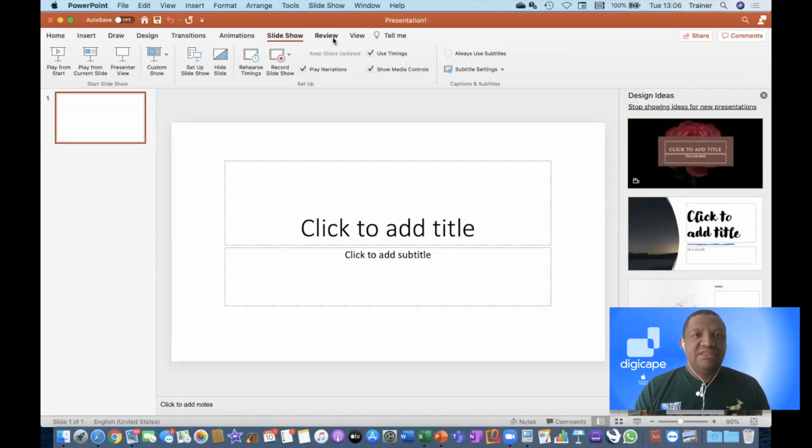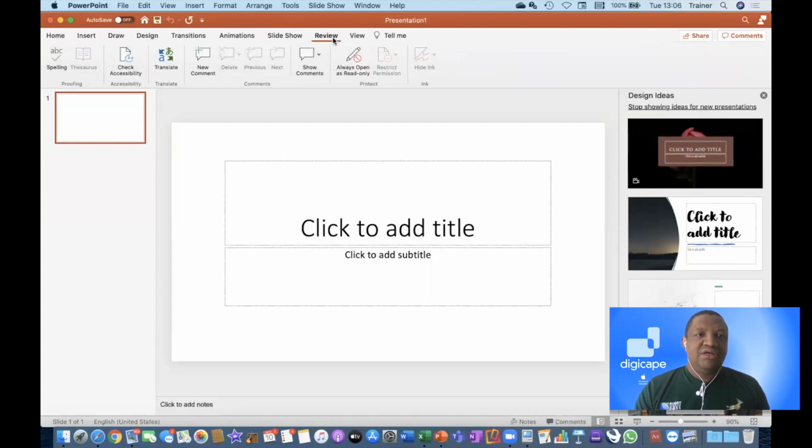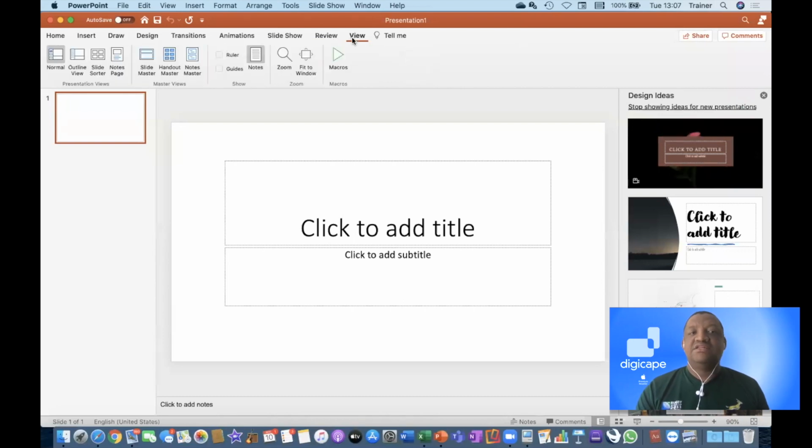Then I've got the review button, which has tools basically meant for collaboration. You can make comments and check spelling and so on. And then there's my view button, which I hardly go into, guys. I'll tell you why I don't go into this very often: at the bottom, on what I like to call my status bar,